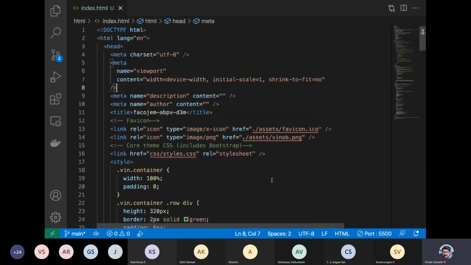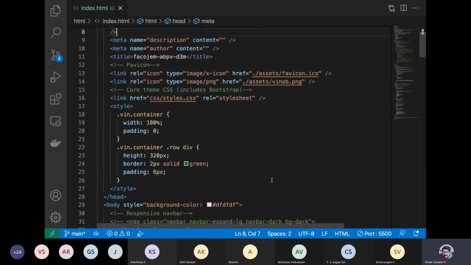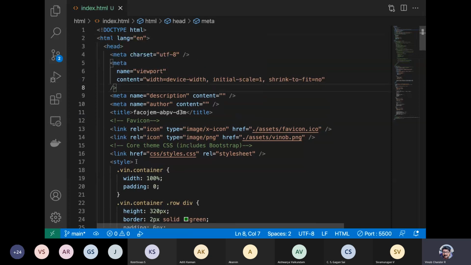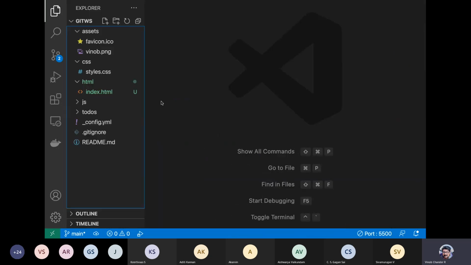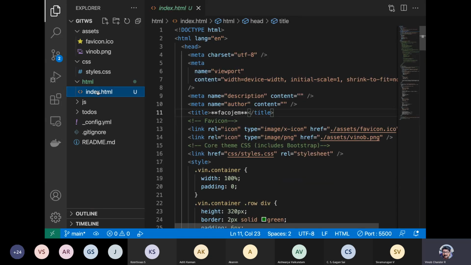Say, for example, you have a link, you have a title. Let us play with this title. Let us say you have changed this particular title to just Faco jump with asterisks, that is an asterisk before and an asterisk after. So this is my change now. I have changed this and saved it. This is the change that I have done. Before I do a commit, what I can do is see the changes.